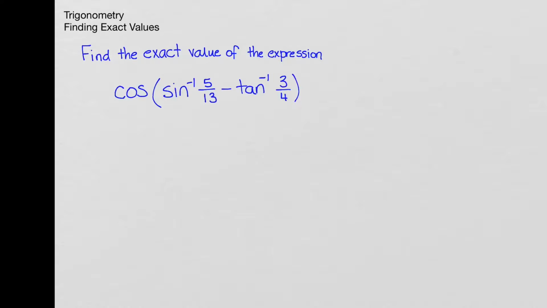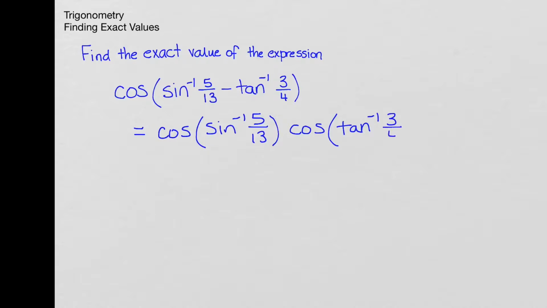In this problem, I need to know the exact value of the expression cosine of the quantity sine inverse of 5/13 minus tangent inverse of 3/4. So what I'll do here is use the formula for the cosine of alpha minus beta. This would equal cosine of sine inverse of 5/13 times the cosine of the tangent inverse of 3/4